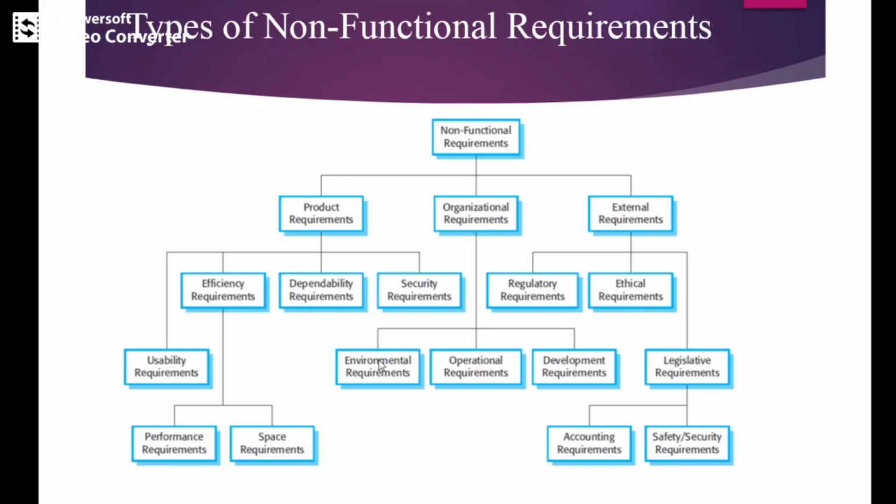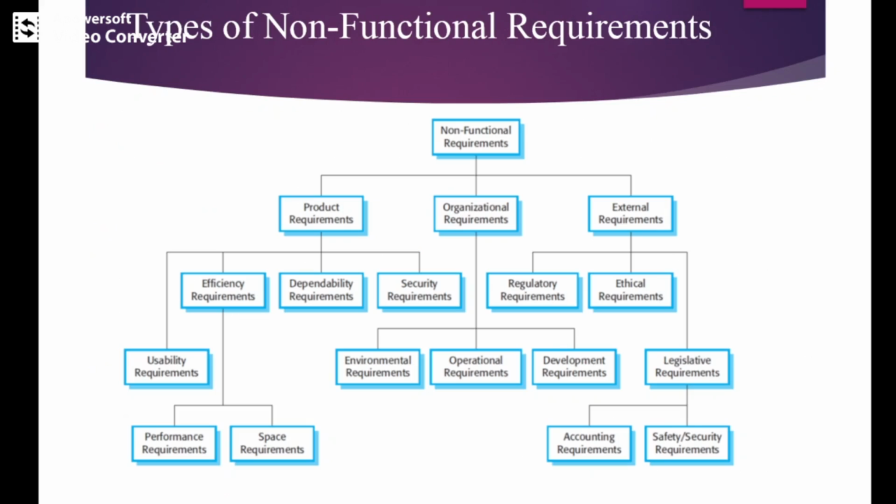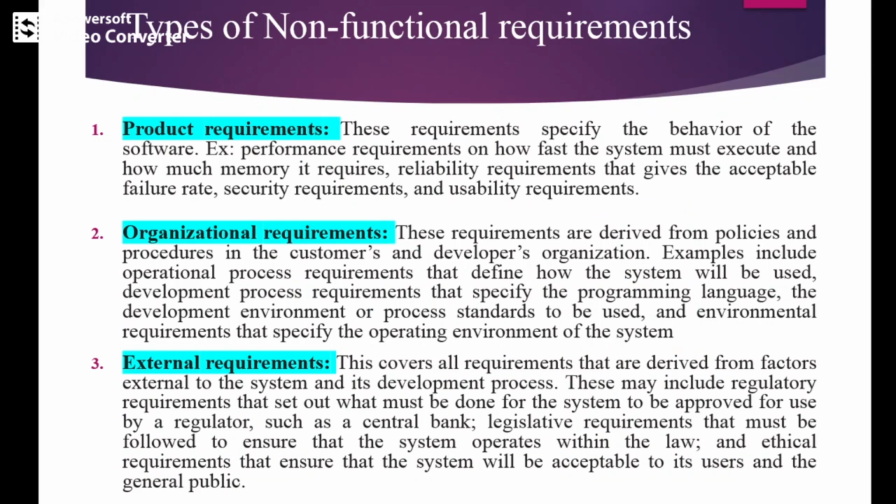Next we have the environmental requirements. They specify the operating environment of the system. Next is external requirements, which are external to your system. These are the external factors. This covers all requirements that are derived from factors external to the system and its development process. So these may include